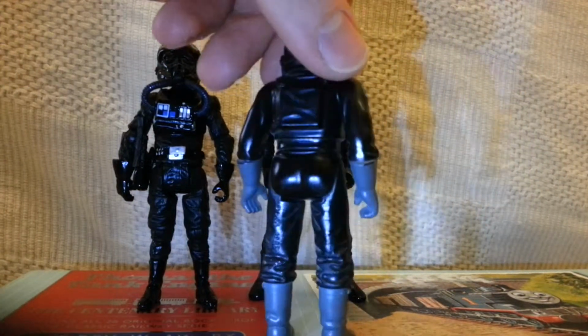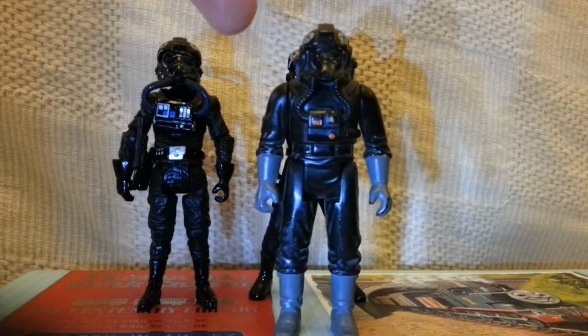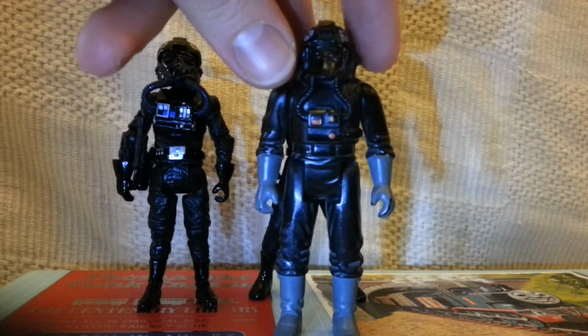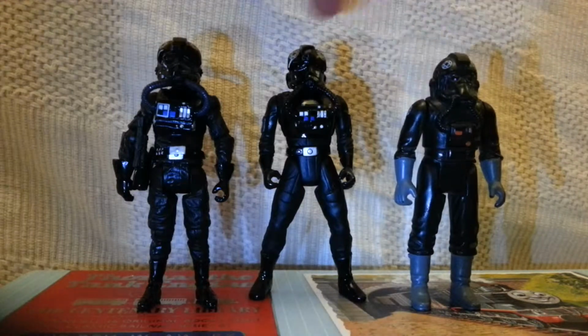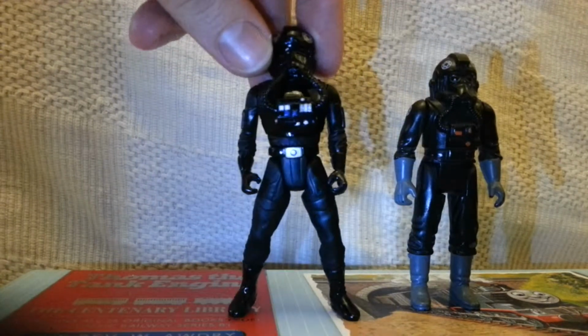You'll notice he's the only one who has grey boots and gloves. Now, because of the way they've done his helmet and everything, he only has 4 points of articulation. His head doesn't move, which, when it came to the Power of the Force TIE Fighter pilot,